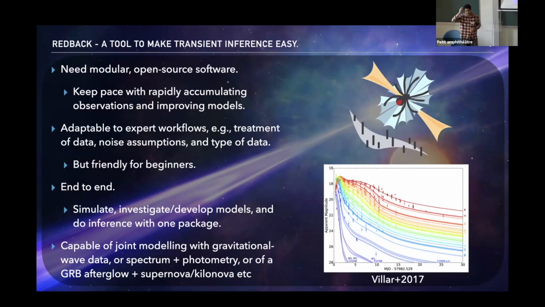And then also what's becoming increasingly common is that we're getting these joint observations. Obviously gravitational wave observations have been rare, but historically we've been regularly observing a supernova or some other transient, and that always comes with a light curve, but usually also comes with a spectrum. So you want to jointly model both things to try and understand what's going on. Similarly, we've now regularly started seeing these GRBs, which have an additional component on top of them, such as a supernova or a kilonova.